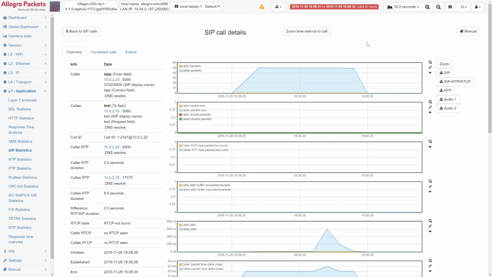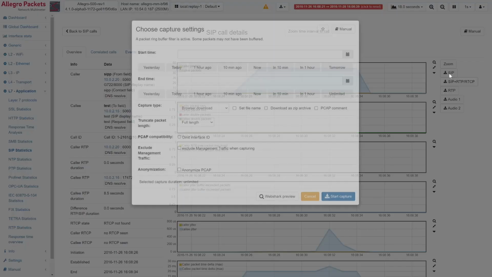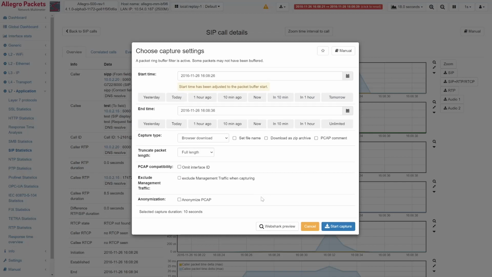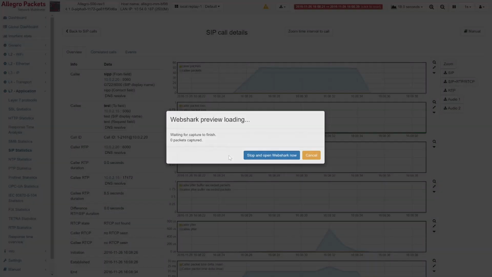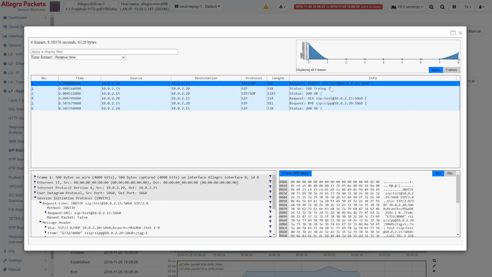A classic use case is SIP calls. Whenever you have a SIP call and you have a PCAP file, so let me show you that in WebShark, you see a lot of user data that is classified or confidential in a company and you're not allowed to share any PCAP with it.